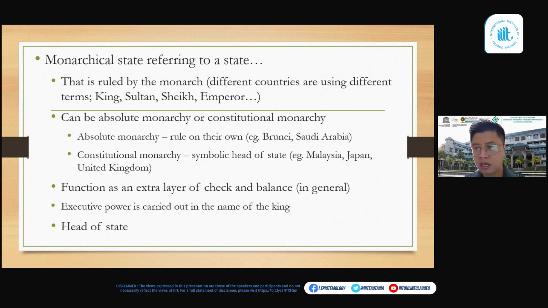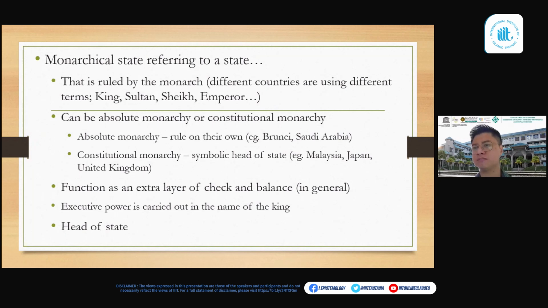All right. Why? I mean, you never deal with the palace, you never deal with the monarch. Why do you receive a letter from the king? The thing is, you are dealing with the government, and the government is exercising the power in the name of the king, because the king holds the power. That's why this comes to the third last point, that the monarch in constitutional monarchy can act as an